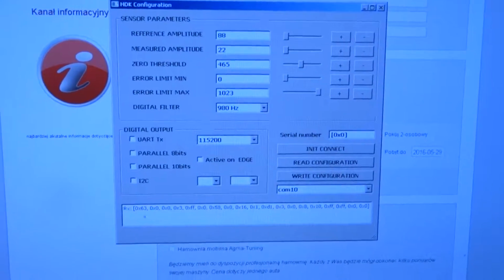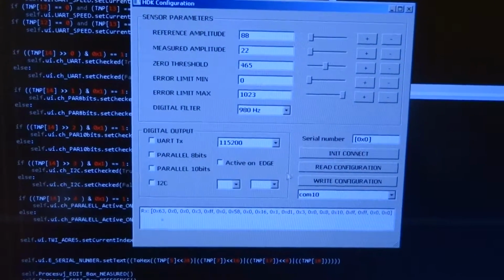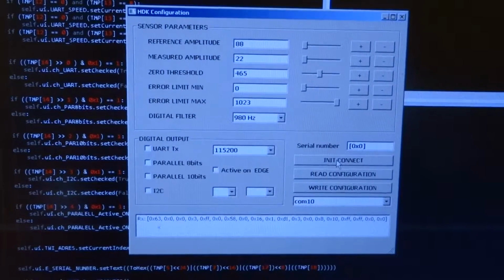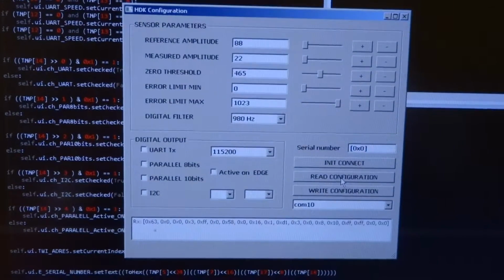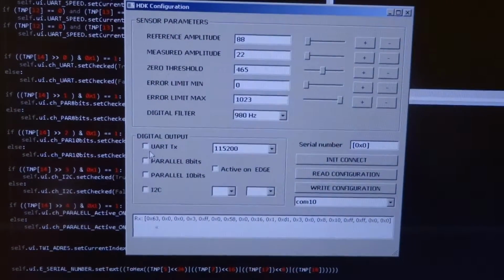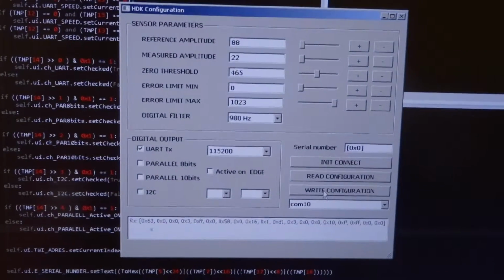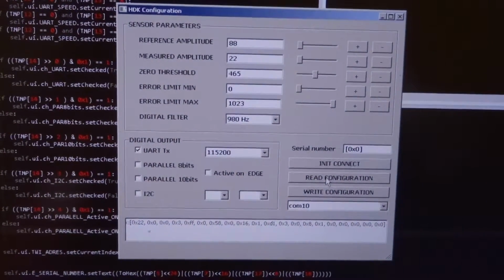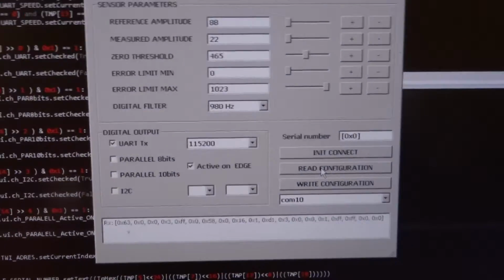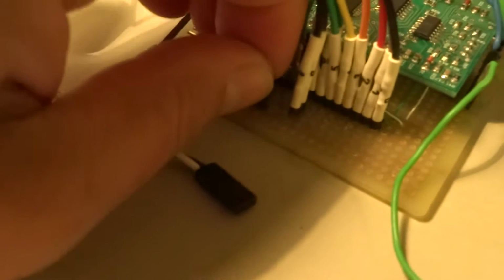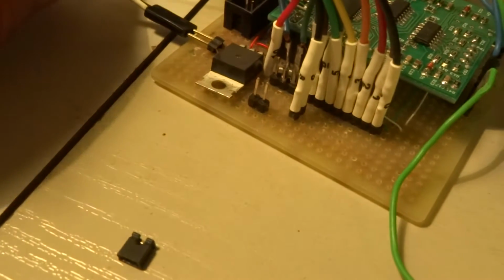First, we configure the system, the sensor. We start, we need a connection, we read the present configuration, we choose the UART mode, the right configuration, read again. Okay, we have the configured sensor. Now we must change the mode to run mode. Okay,